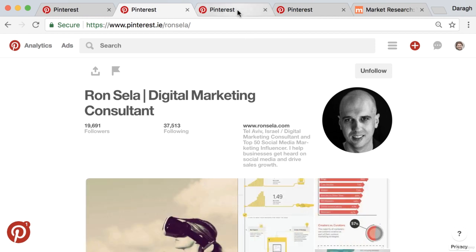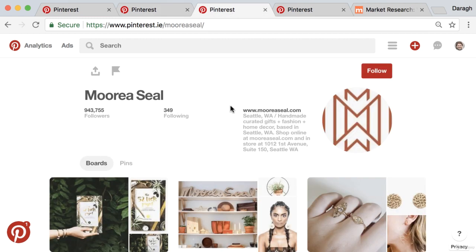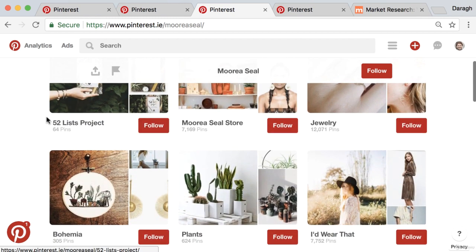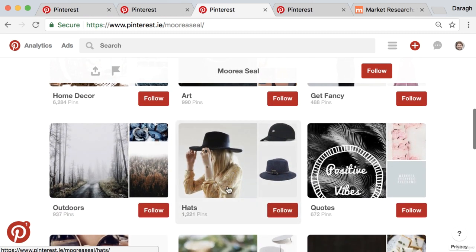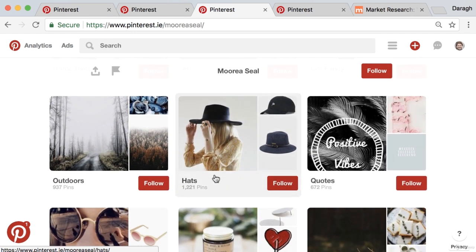Now let's look at a completely different niche. We can see this is an e-commerce store, Moria Seal. Again, a lot of followers, over 900,000. And you can see that they have used these boards to organize into categories again. So their own store, jewelry, bohemia, plants, get fancy art, home decor, hats, etc. And these boards are helpful to people because they might just be looking to get ideas about hats. So it's better for them to come into these boards and see all of the content organized here, and that helps them get those ideas much easier. So essentially these boards just organize the